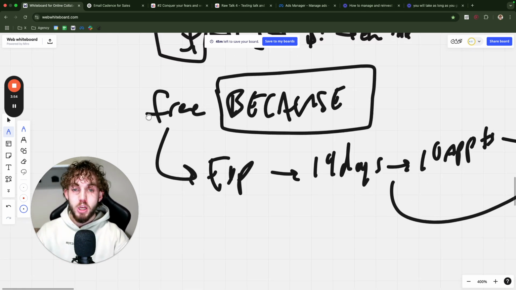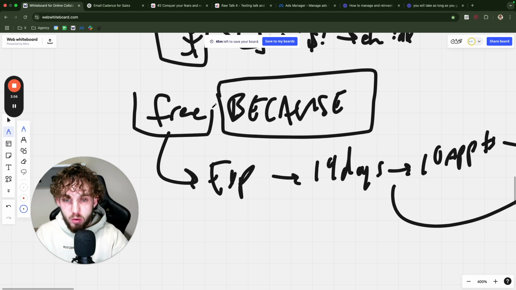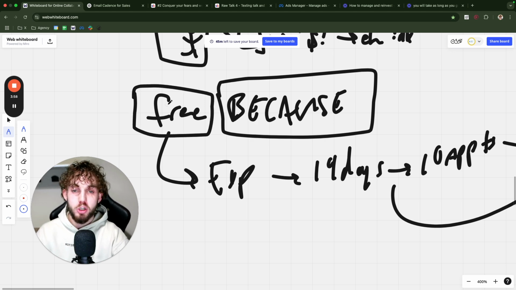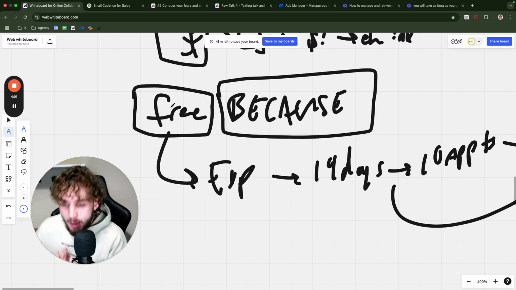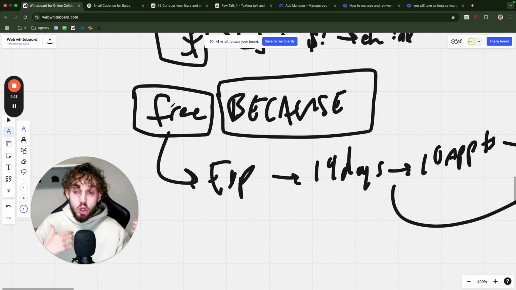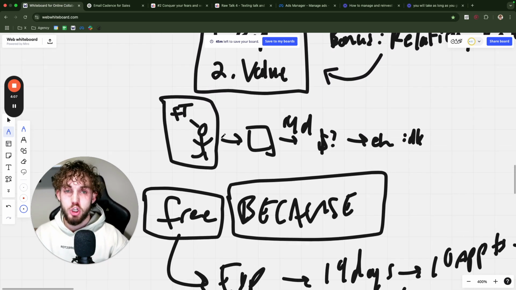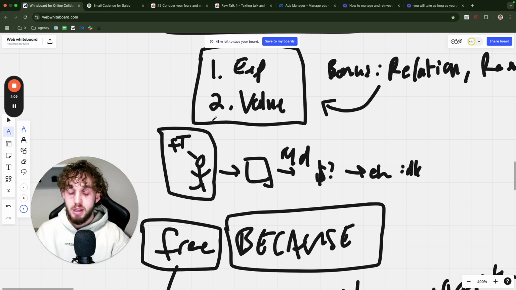I want to come out the gate letting them know, right? Because once again, when you're working for free, you have all the power. You have all the tokens. You have all the negotiating because you're the one giving your time, your energy, your resources. And so you're the one that can negotiate a bit, right? And therefore you never want to go into a contract and agreement, even just work with the clients, when they don't understand what's going to happen after.